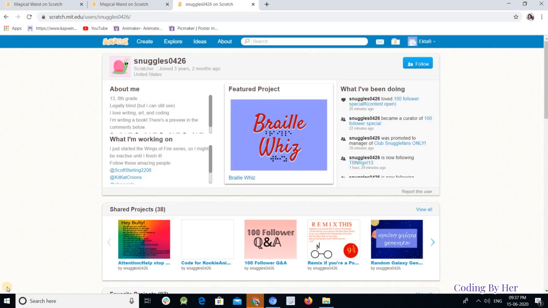So let me tell you one thing, Scratch was actually developed for kids, but nowadays people of any age use this. To create a project in Scratch, you just have to go to Create. But before that, let me tell you the link to get to this page.